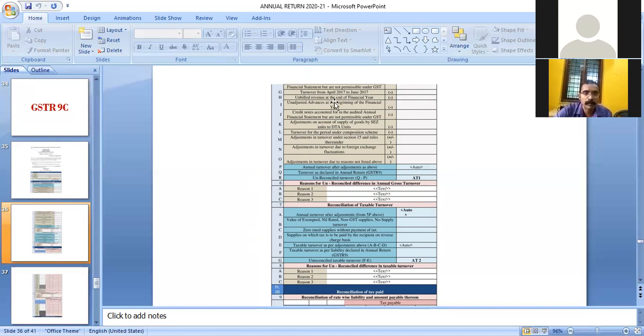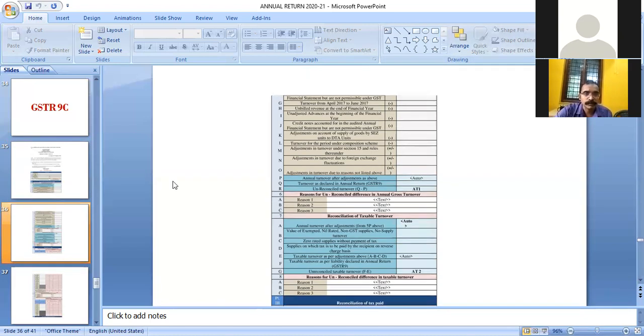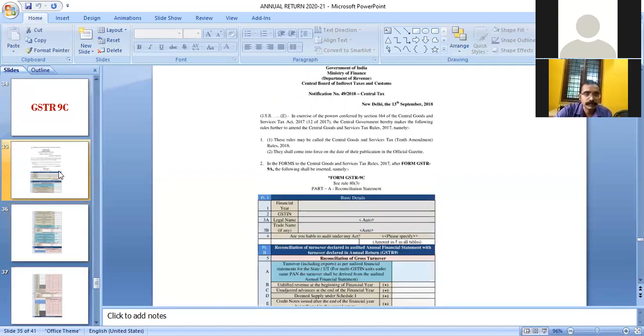So to arrive from the audited financial statements to the balance in GSTR 9, you should deduct the value. As far as column 5B, unbilled revenue at the beginning of the financial year, is concerned, you should add back the value.